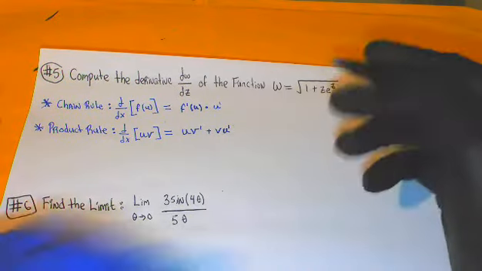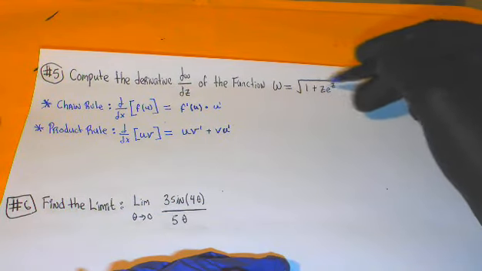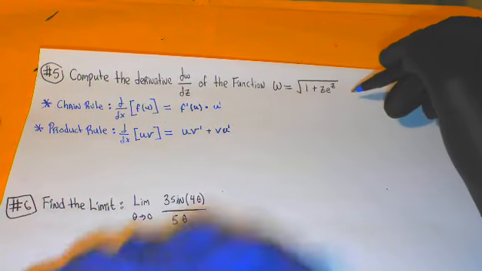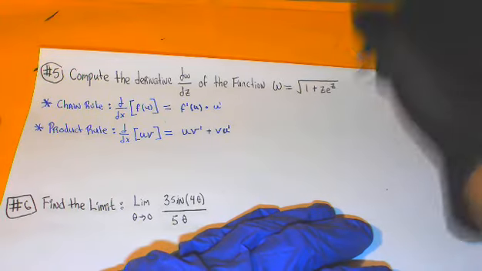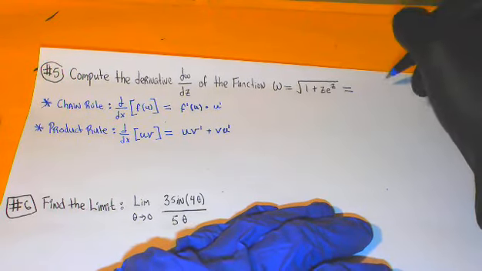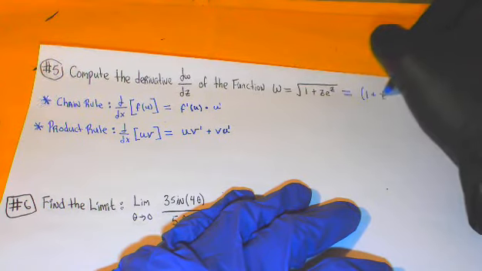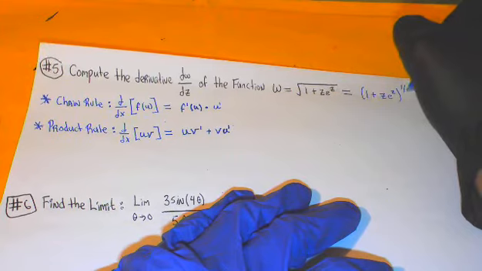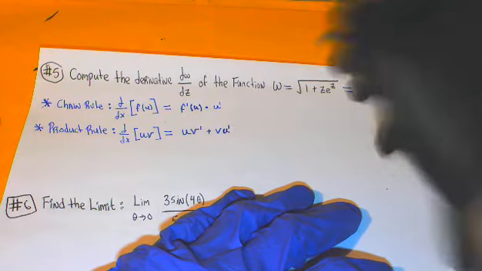So for our equation, w equals square root of 1 plus z e to the z power, you want to rewrite this using fractional exponents, right? So we're going to have, in parentheses, 1 plus z e to the z raised to the power of 1/2. So when we take the derivative with respect to z here, we're going to get that